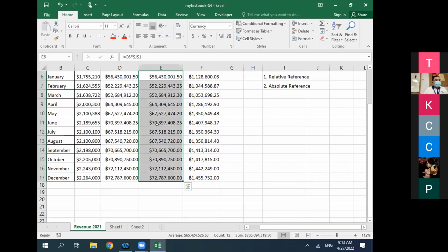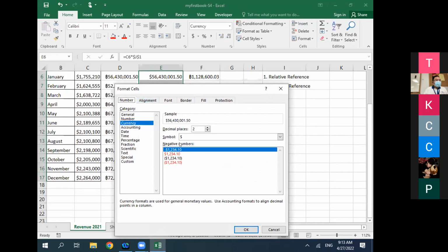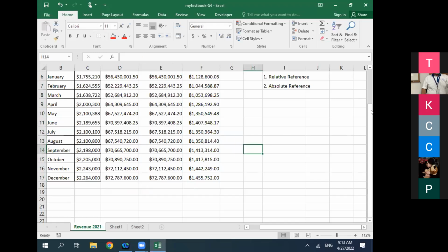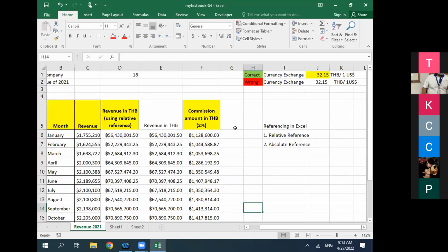Okay, when we use the absolute reference like this, what is the usefulness of having the reference? You can see that in this example, if you would like to have the revenue in Thai baht,